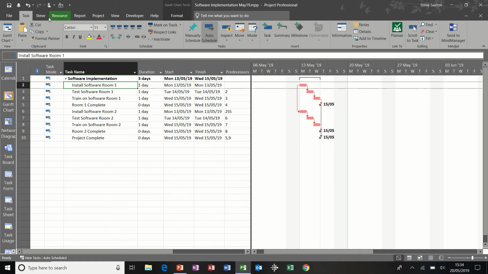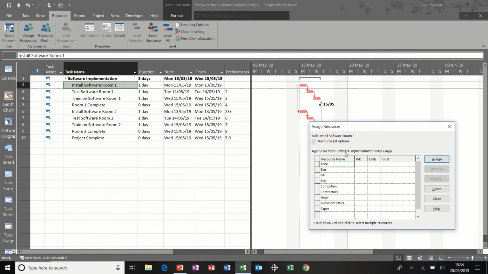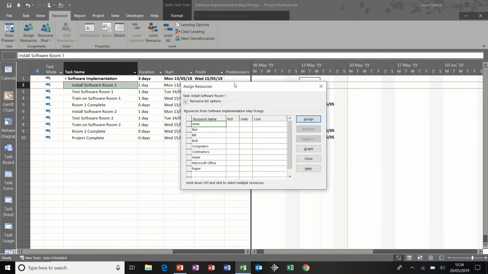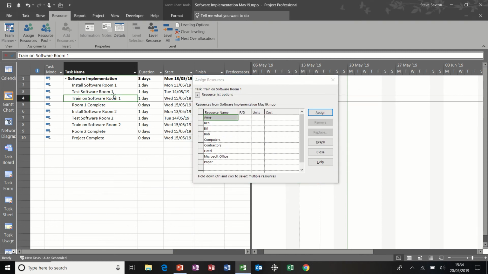And once you've got your task list typed out, you can then go to your Gantt chart and start allocating resources to tasks. So I've clicked on the resource tab, assign resources, and there's my resources. It's not the only way to do it, but I like this box because this box floats on the screen. I can click down these tasks,